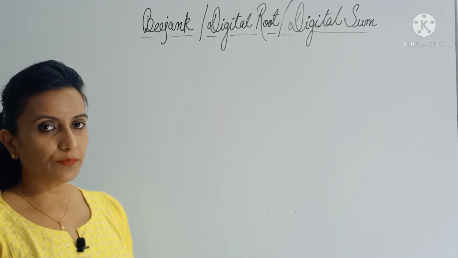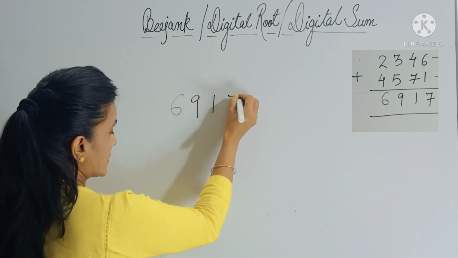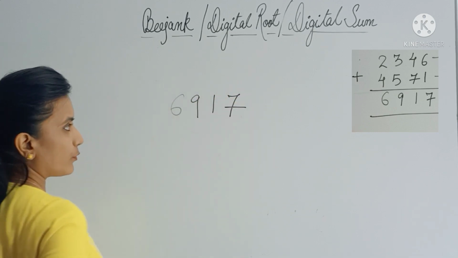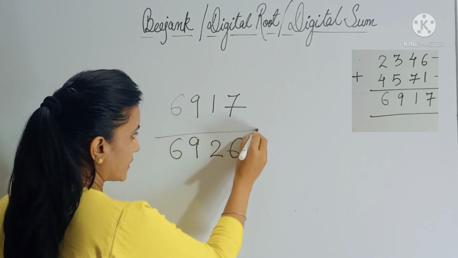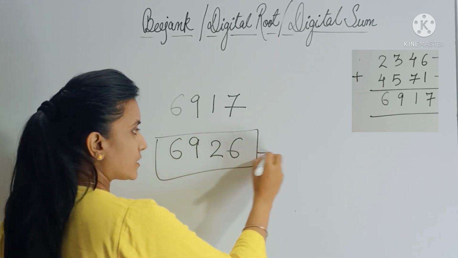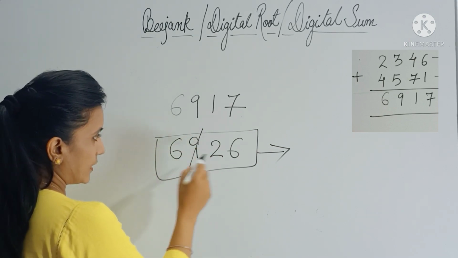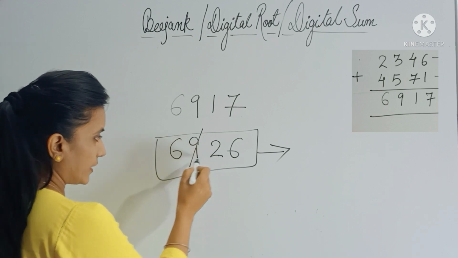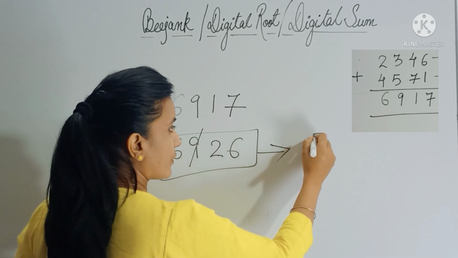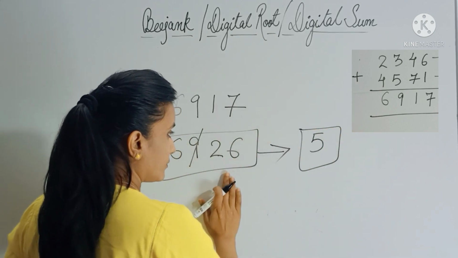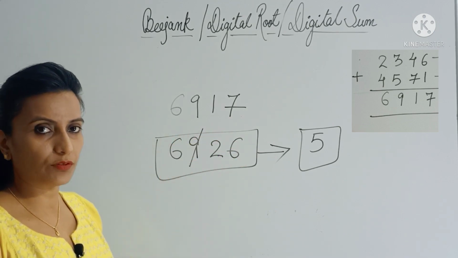Right? Now in the previous example, instead of getting 6917, just imagine if I would have got 6926. In that case, if you find the digital root of this number, how much you will get? See, 9 we can strike off. Then 6 plus 2 is 8 and take 1 from here. So you get 9. So 5 is left. So 5 is the digital root of this number. And if you see in the question also we got the digital root as 5 only, right?